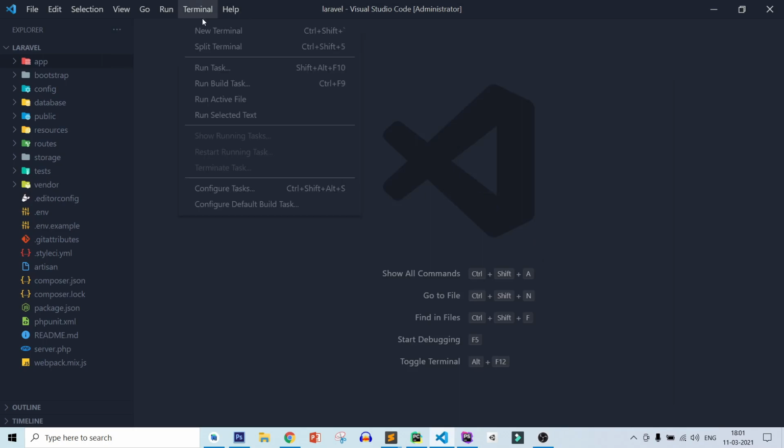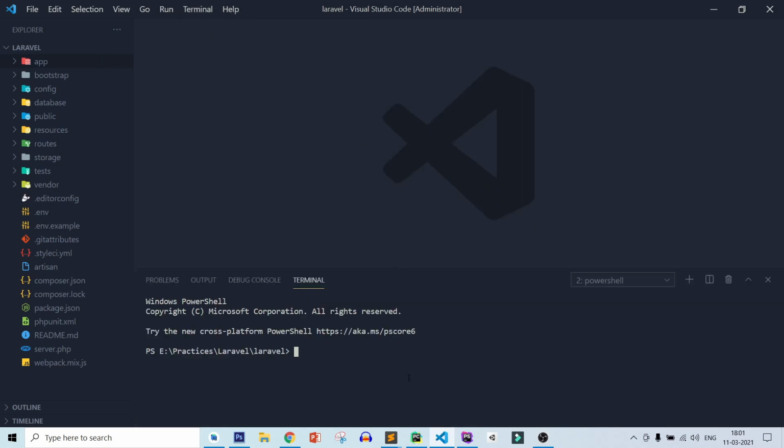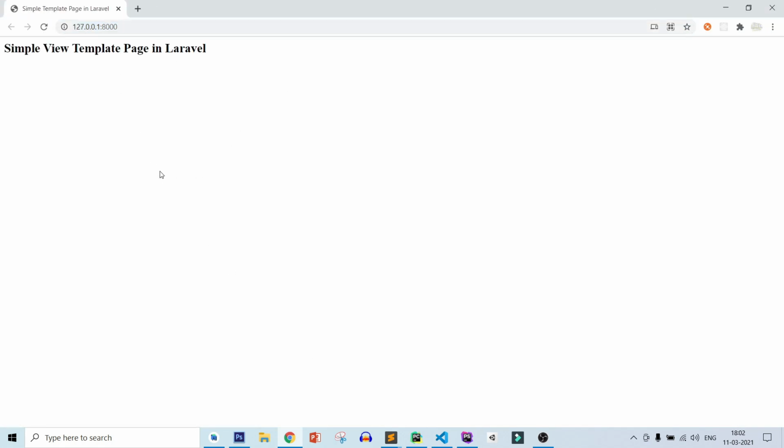Opening terminal, click on new terminal, and then run the command php artisan serve. So my Laravel project is running now. Let's open the link and you can see my project is running. Now let's start our topic and work on it.